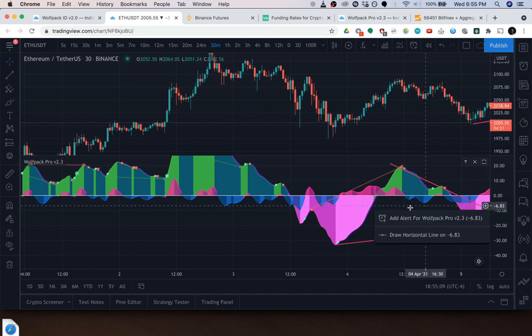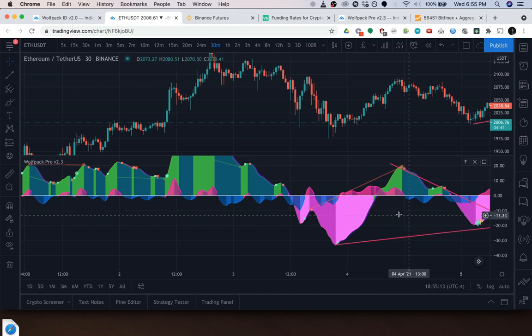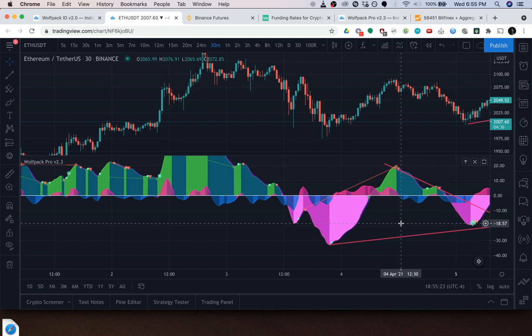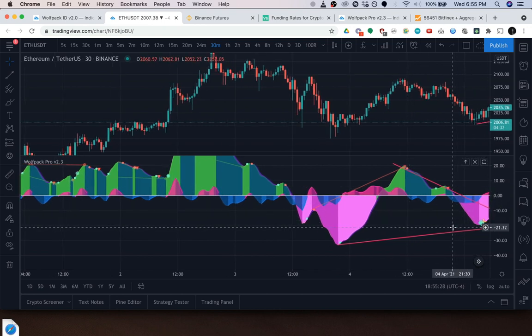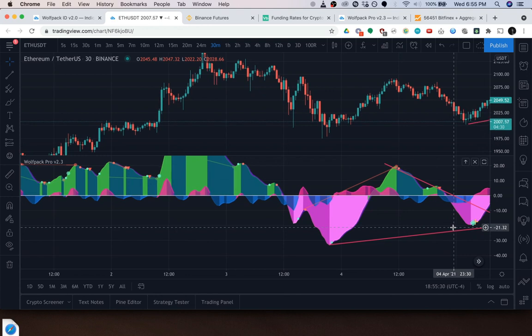So just estimate it, get an alert, and you'll be able to walk away after making your analysis, go enjoy your life, and you'll only need to come back to the charts once the notification comes in that you've broken out. So we would enter this trade after we've broken out, after the bar closes, so around here,